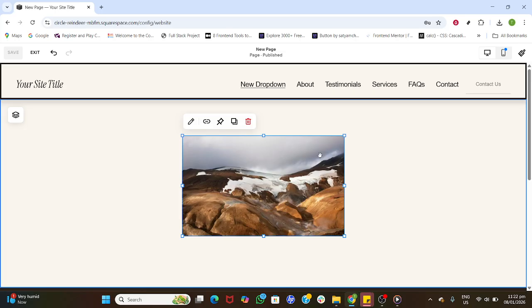A few helpful tips as you work. Upload a high-quality image so it stays crisp on